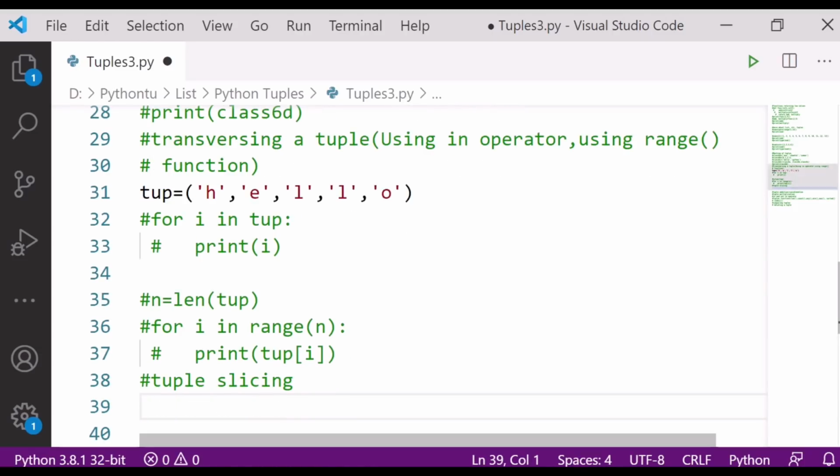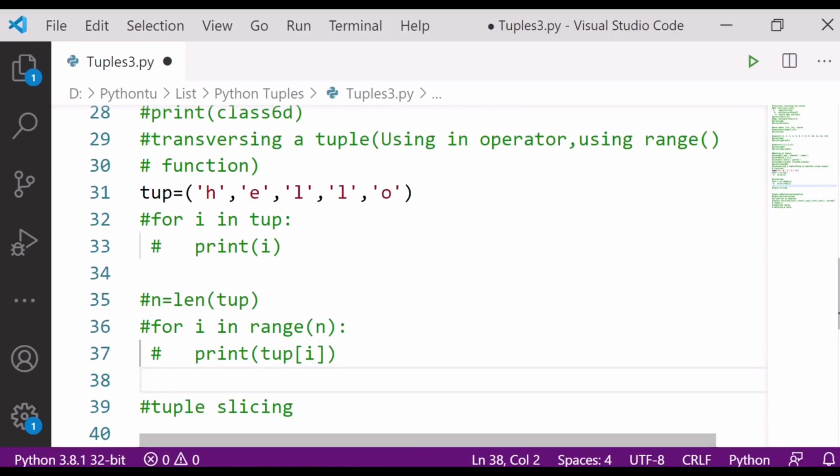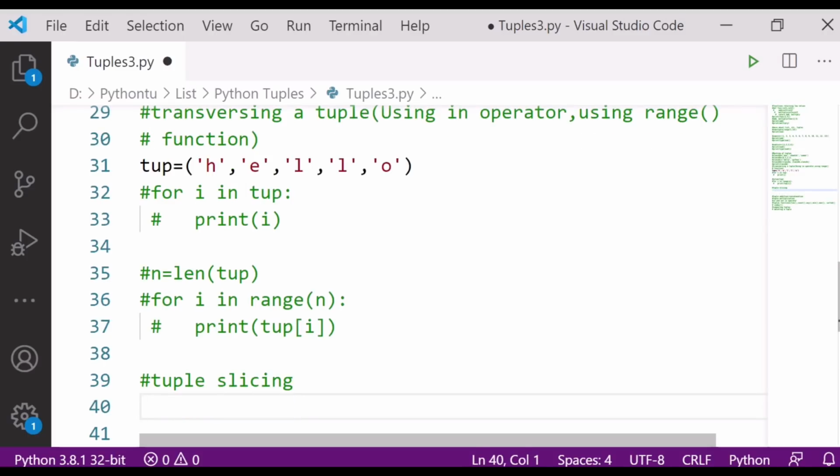Okay, great, fine. So suppose I want to write a value here. That is my tuple. Then I will write here what value I want, 5. Okay, and after that